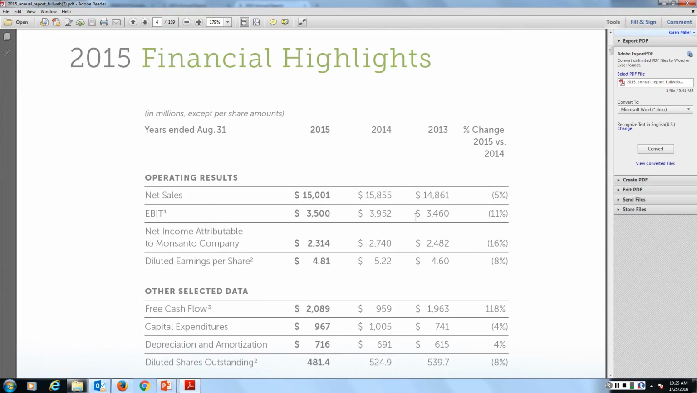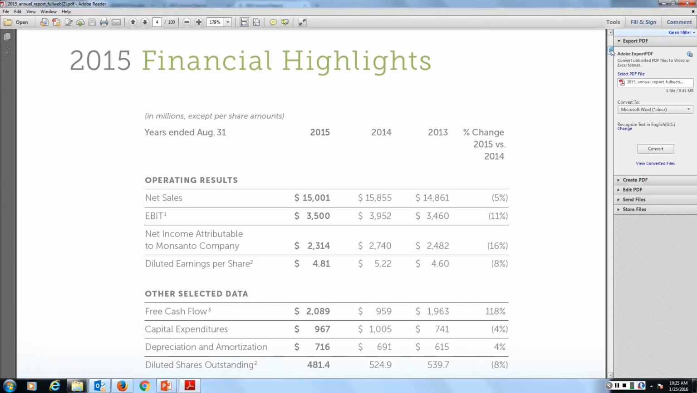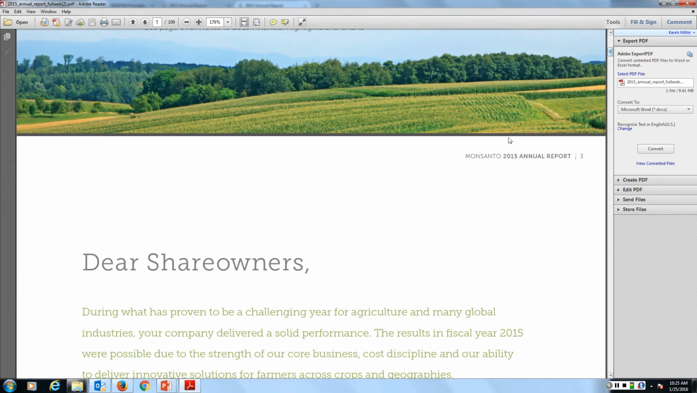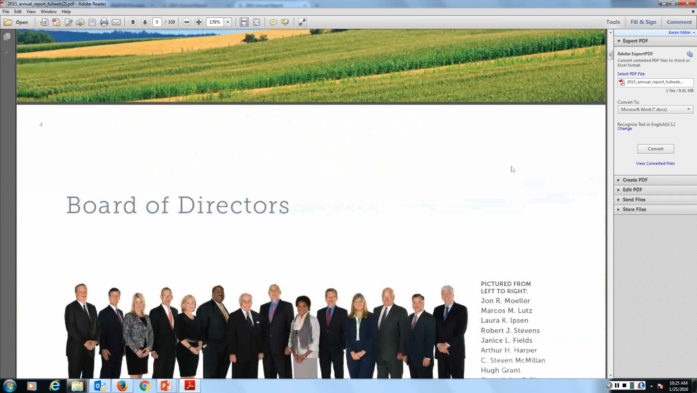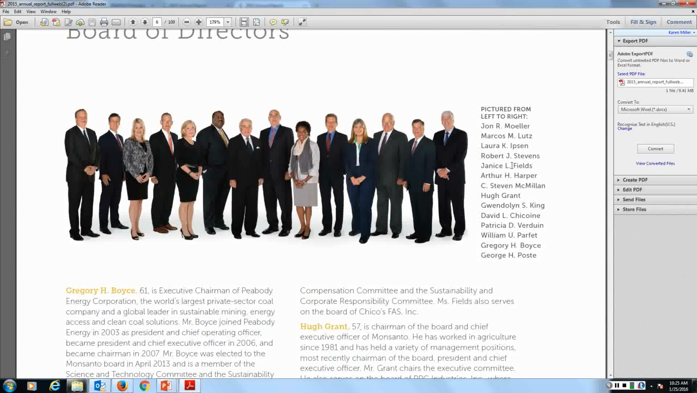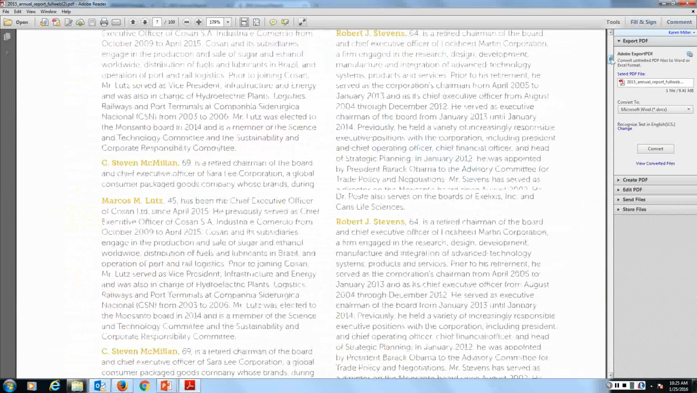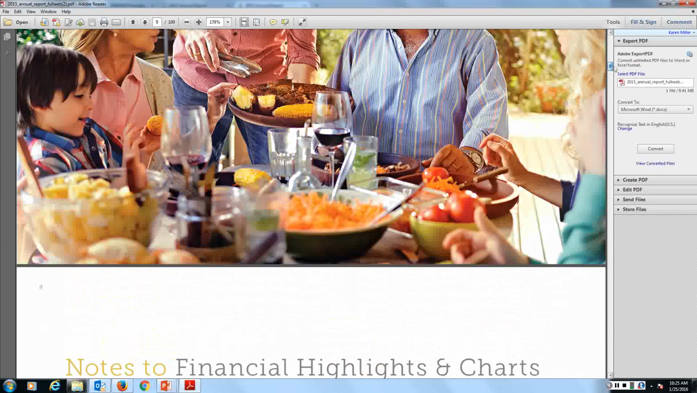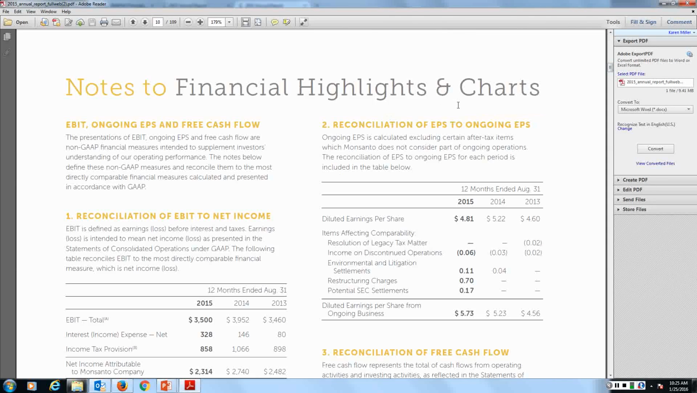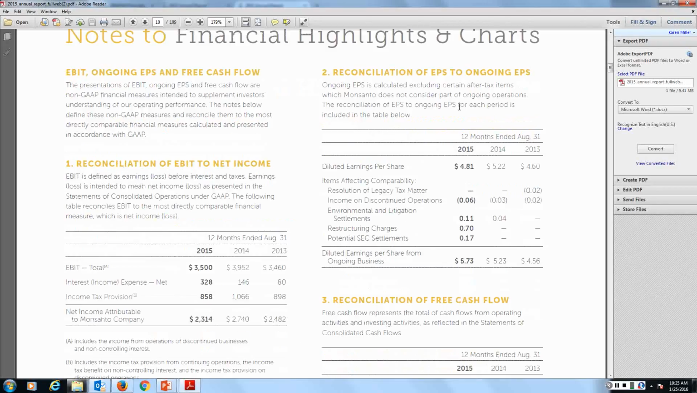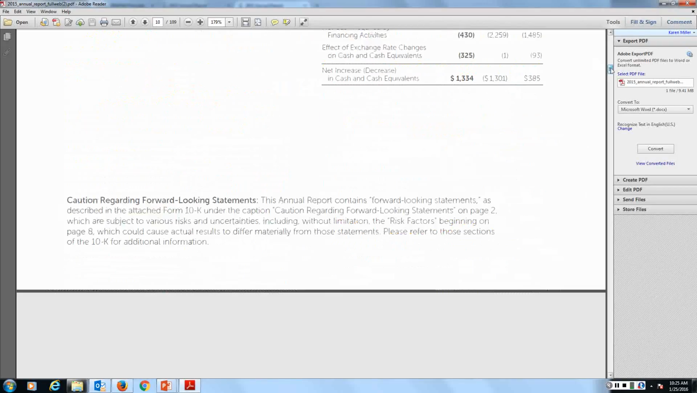But there's a lot of information here. If you are in management and you're trying to understand your competitors, how they work, what their trends are, then there's a wealth of information for you here, not only as an accountant, but also as a manager of an organization. So we see some financial highlights. We see a letter to the shareholders of the organization, a list of their board of directors, and all of their backgrounds. We can skim on down. We see notes to the financial highlights and charts. Once again, this is management information that they're providing for you, things that they want you to see to basically